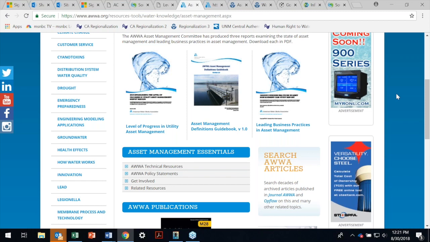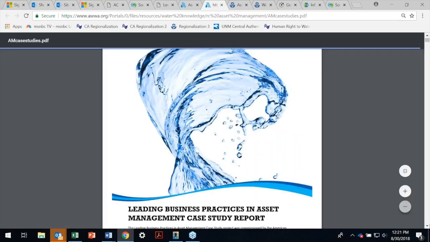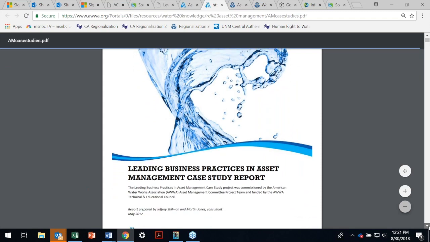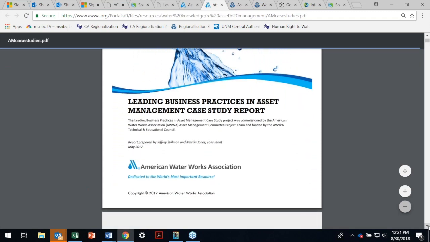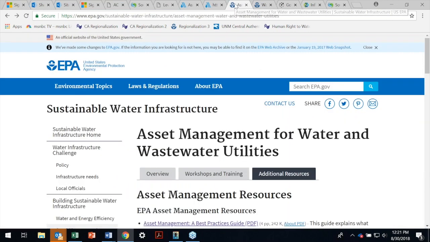And if you want to be a part of that, you can check into that. They also have web pages and things. But one particular one I want to mention is this leading business practices in asset management report that does have case studies of several utilities. So you can find that on AWWA's webpage and get information there about some particular case studies.